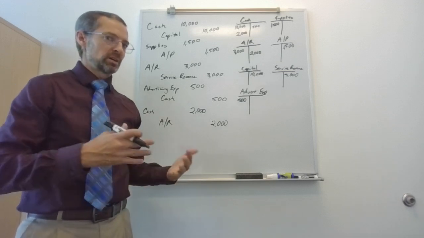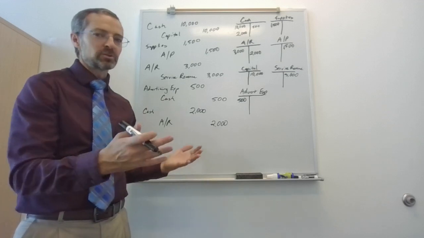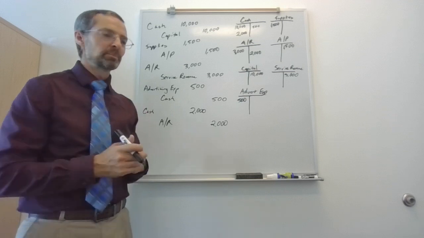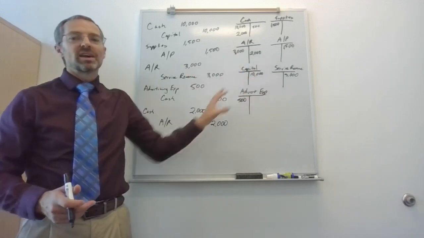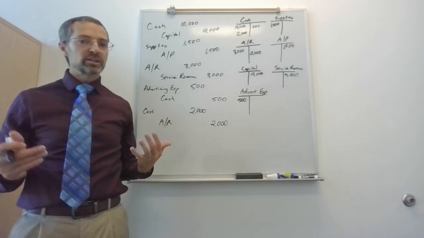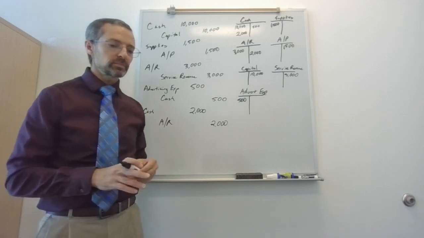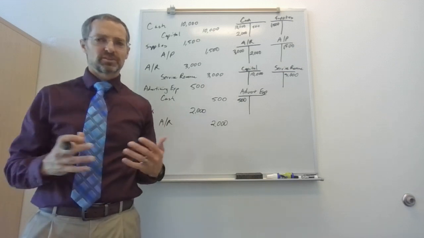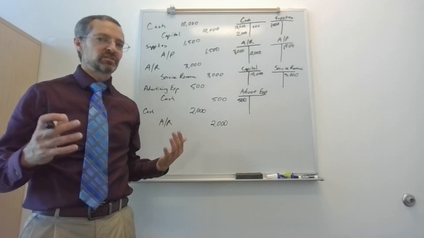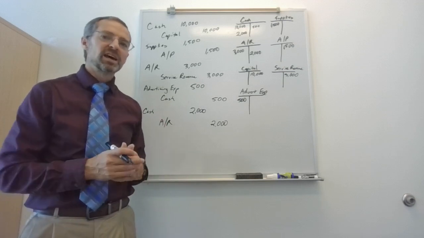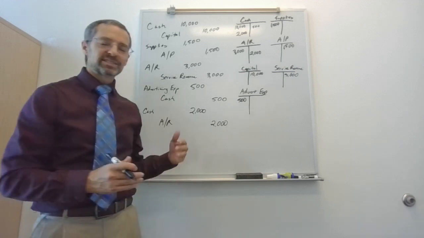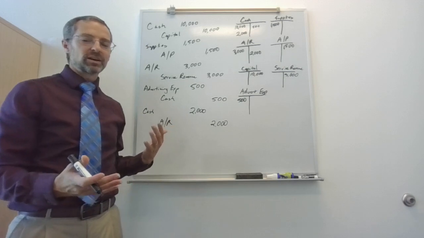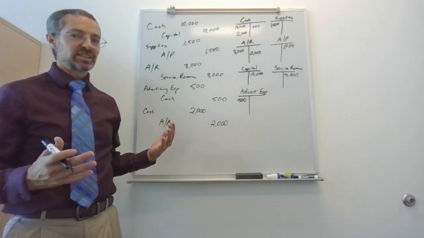whenever we want to make financial statements and give them to the owners or bankers or whoever needs them, we're going to take all of the information that's in our ledgers and create an unadjusted trial balance. Throughout this class, we're going to be doing lots of different types of trial balances. The first one that we do is called the unadjusted trial balance. It simply is a summary of all of the balances in each account.